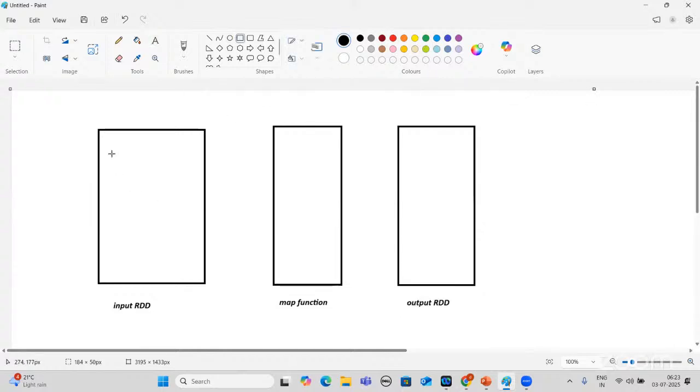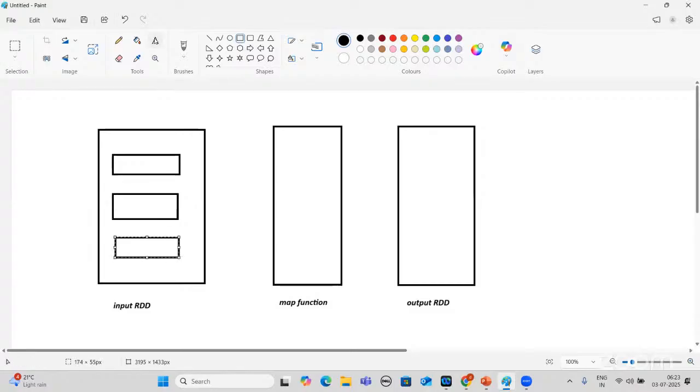I'm having a number of partitions. I'm taking 3 partitions of data, 1 to 9 I'm taking. This is the RDD.